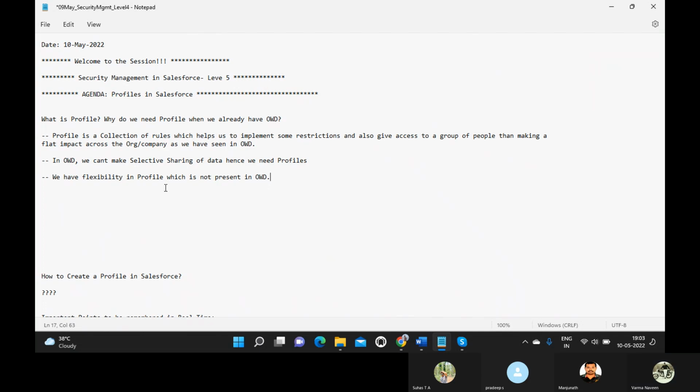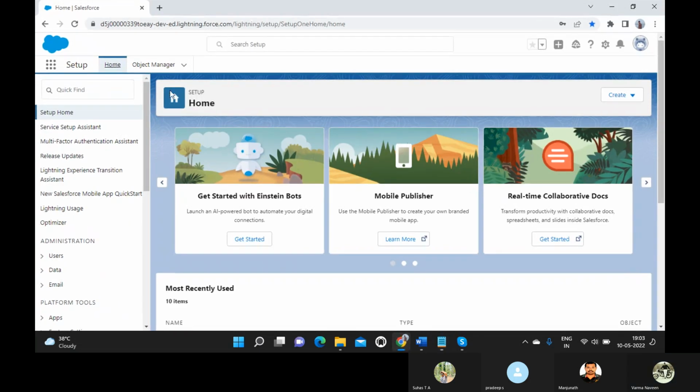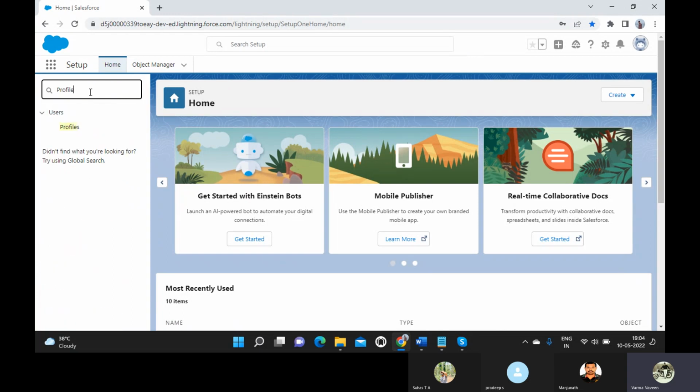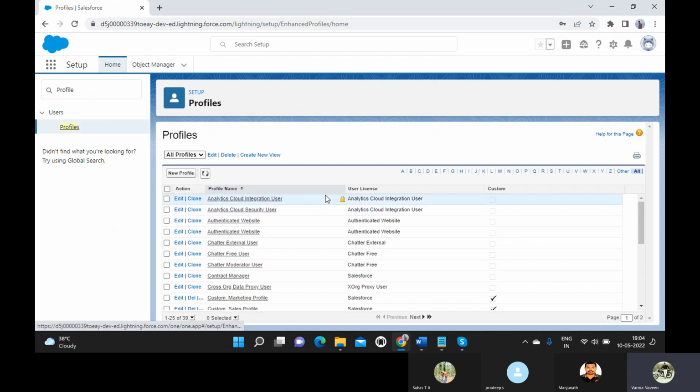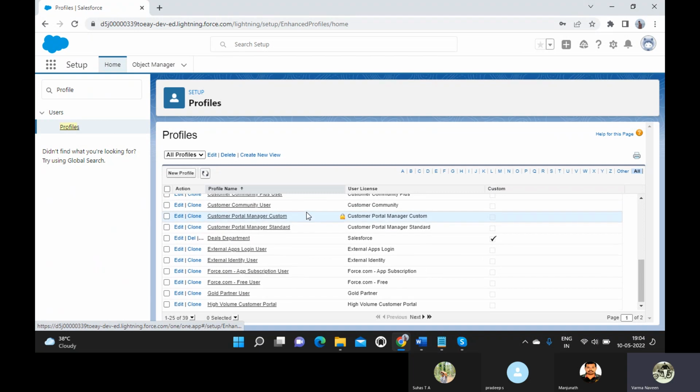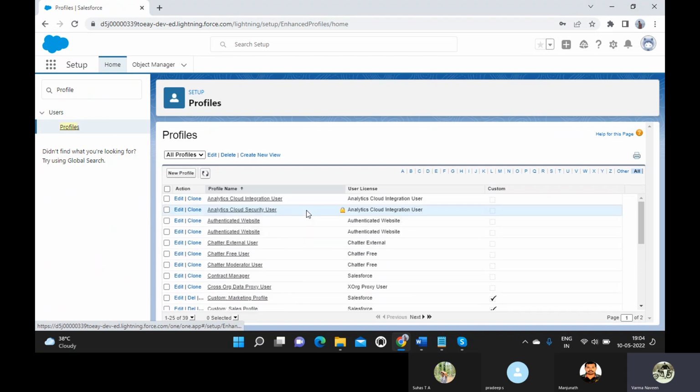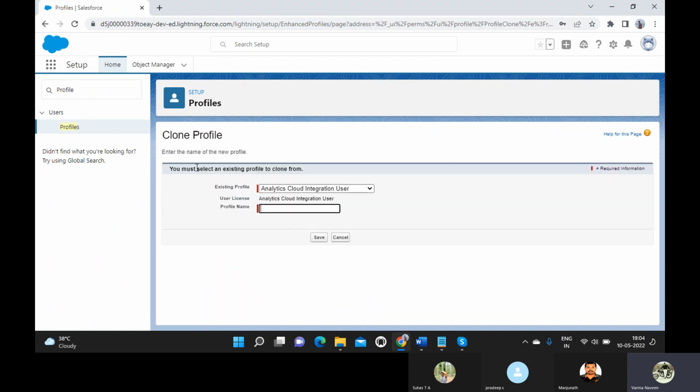So how to create a profile in Salesforce? First we will go to the setup. We are on the setup page, and then we look for profiles. We search for profiles and click on the profiles link. Here you see the list of existing profiles in our organization. Just ignore this. We have to click on new profile. This is how we will create it. But